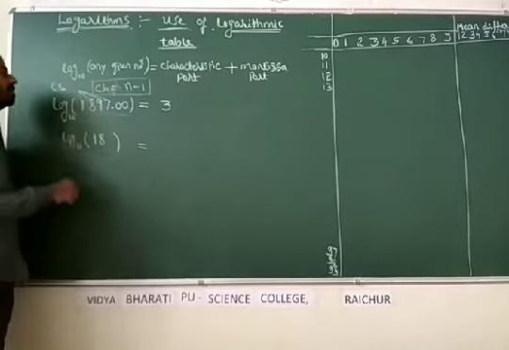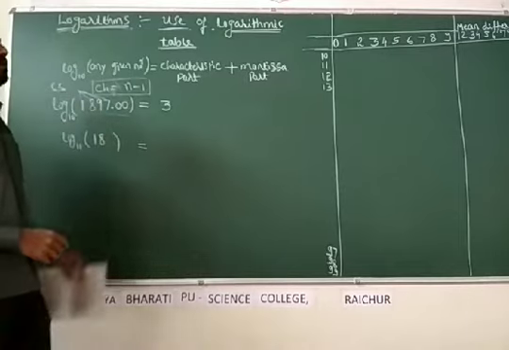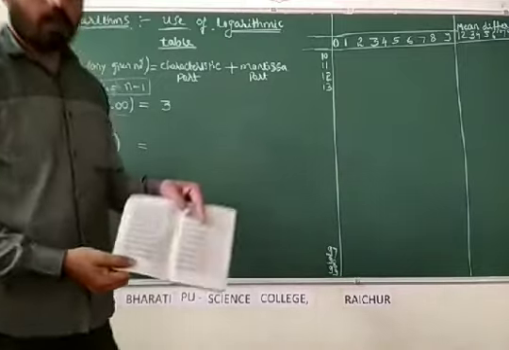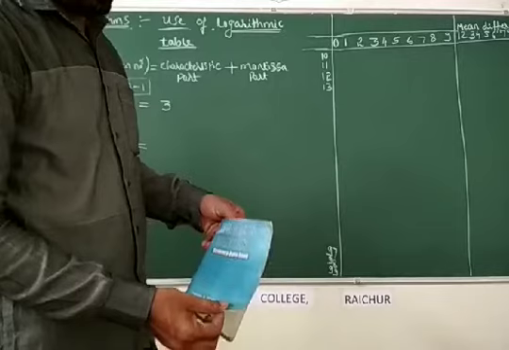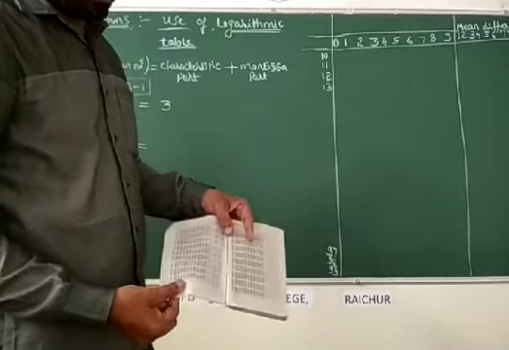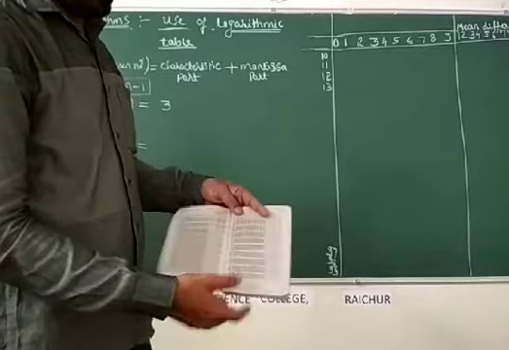Again, I am telling that to find the Mantissa part of a given number while finding its logarithmic value, we have to make use of a class table or logarithmic table or scientific data book like this. Turn over the pages in this book. In page number 2 and 3, we will have some